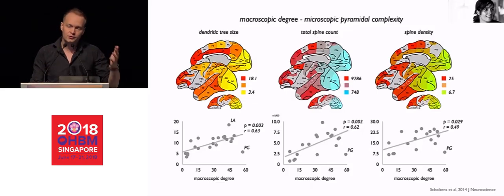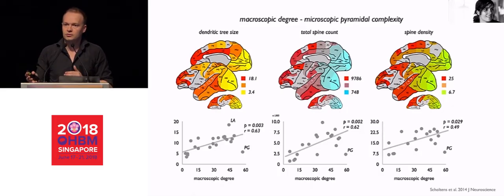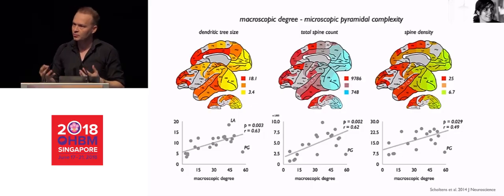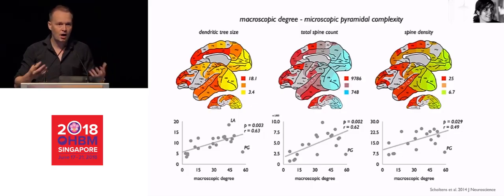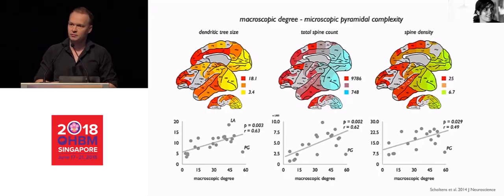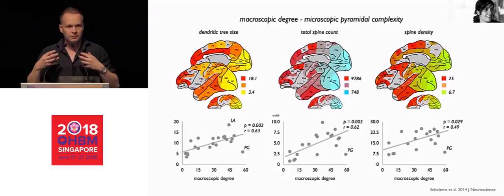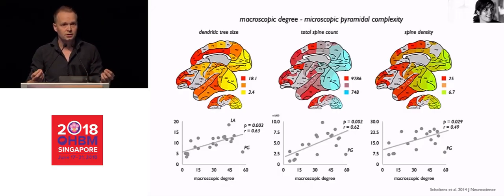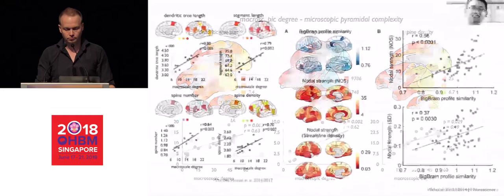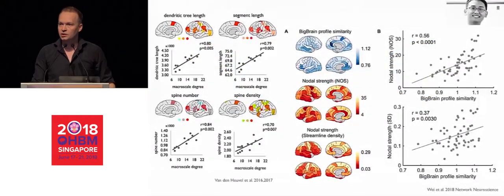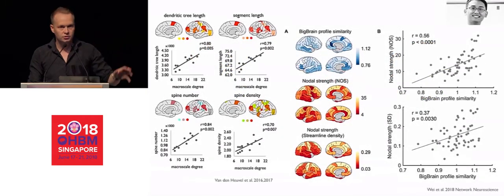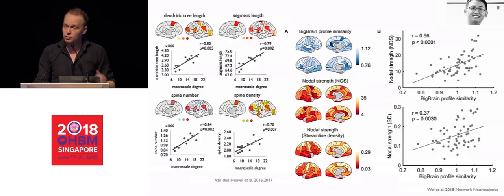And what we observed first in the monkey is that the degree distribution across the cortex almost one-to-one overlaps with the neuronal level of complexity. Suggesting that these hub regions are not only rich on the macro scale, but also on the micro scale are heavily rich with neurons, with complex dendritic branching, a lot of synaptic density, really suited in that sense for neural integration. We later verified this in the human brain through post-mortem histology again,